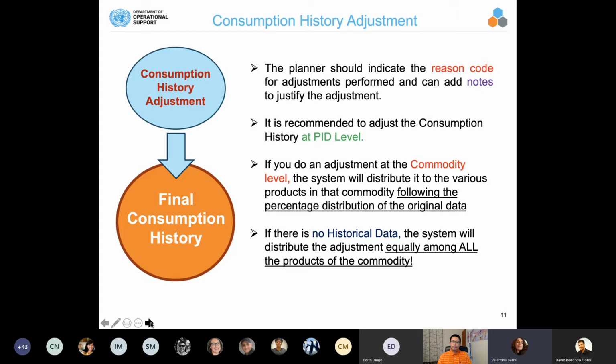In that case, if you do a commodity adjustment at commodity level, the system will attribute 70% of this adjustment to the A4 white, 20 to the A4 blue, and 10 to the A4 tan. So to be accurate, for this reason, it's recommended to do the adjustment of consumption history